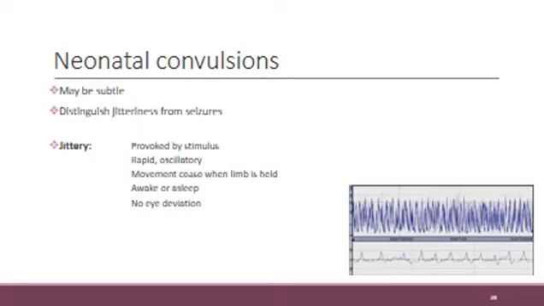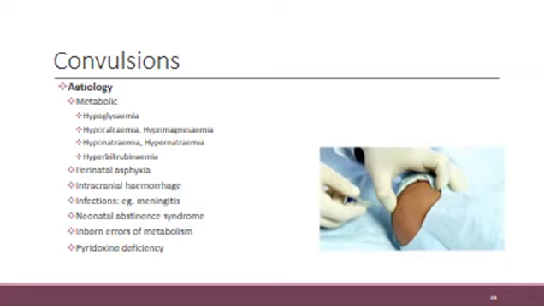To determine the cause of convulsions, it is important to remember the etiology list and then order your investigations according to the most likely causes. In the metabolic group, one should immediately exclude hypoglycemia, as this is often the reason for convulsions in the neonatal period. The brain is dependent on glucose for metabolism, and it can lead to permanent neurological damage if this is